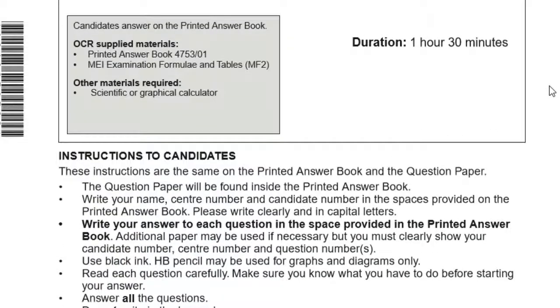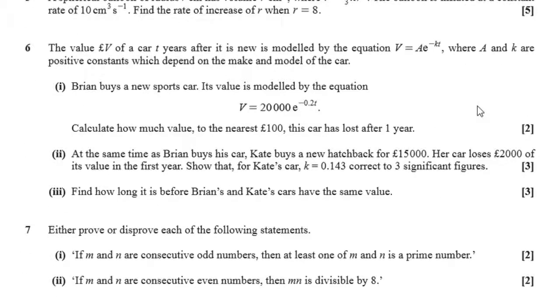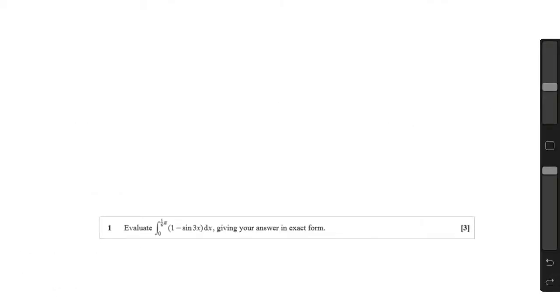So basically let's get started on doing section A. Right, question 1, evaluate the integral. So let's start with the original. This integral can be split into two. One integral is just integrating 1 dx, the other one is integrating sine 3x dx,